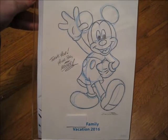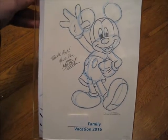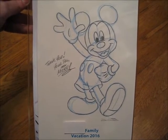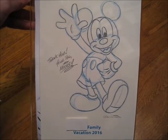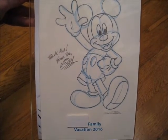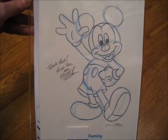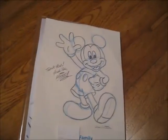Added bonus, we actually just got this in the mail. It's maybe 2-3 weeks after our Disney vacation. I'm gonna call it a lithograph, but I don't think it's actually a lithograph. A drawn picture of Mickey thanking us for visiting Disney. It says, "Thank you, your pal Mickey." It has our family name, Family Vacation 2016. So this is a really nice thing to get sent after your family vacation,